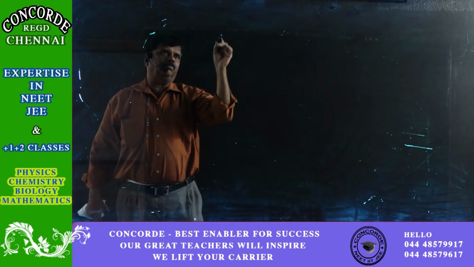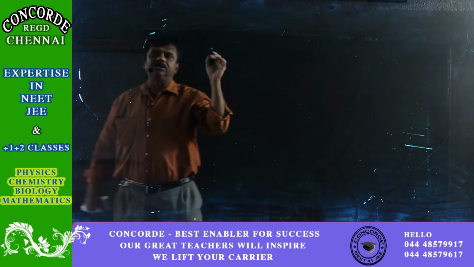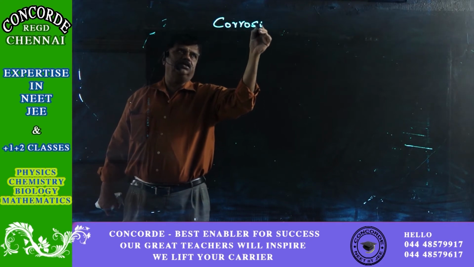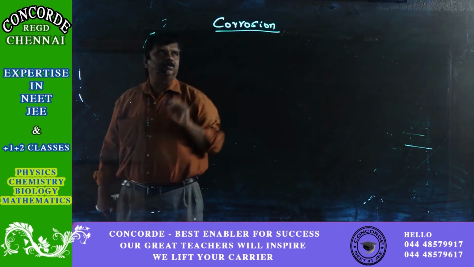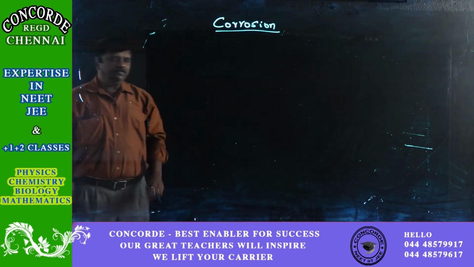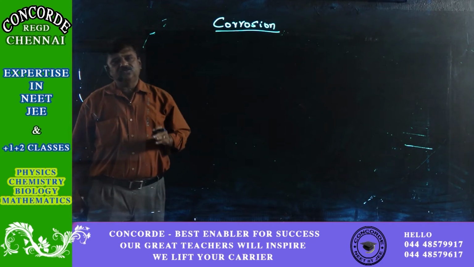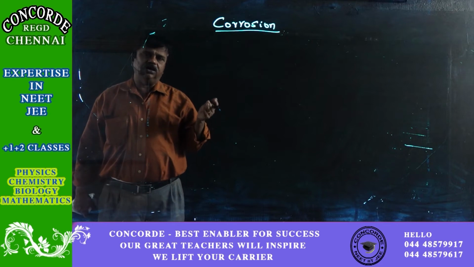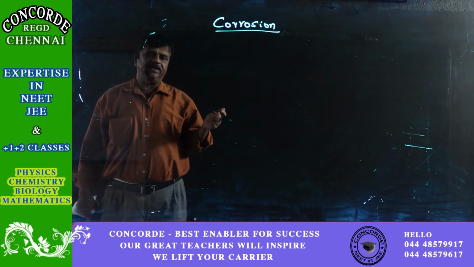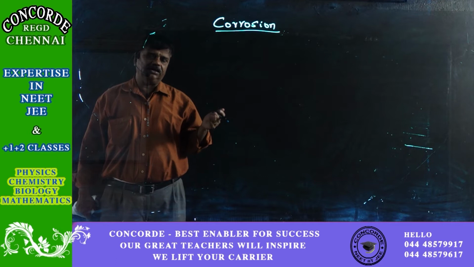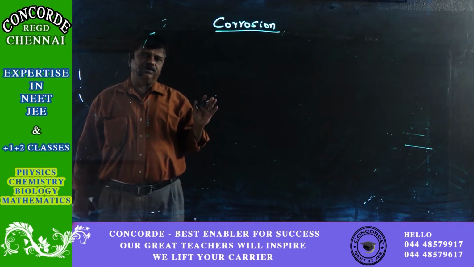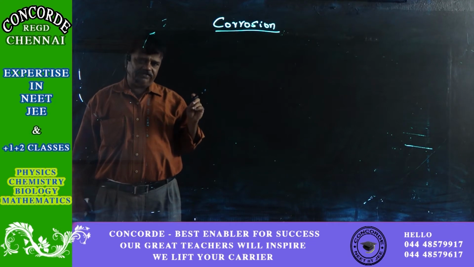We have been seeing about electrochemistry. Now, we also see about corrosion, which is also a part of electrochemistry. Corrosion, you know very well that in our household articles made up of iron, if they are exposed continuously to air, you will see some rust, that is some brownish dots appearing after some time.